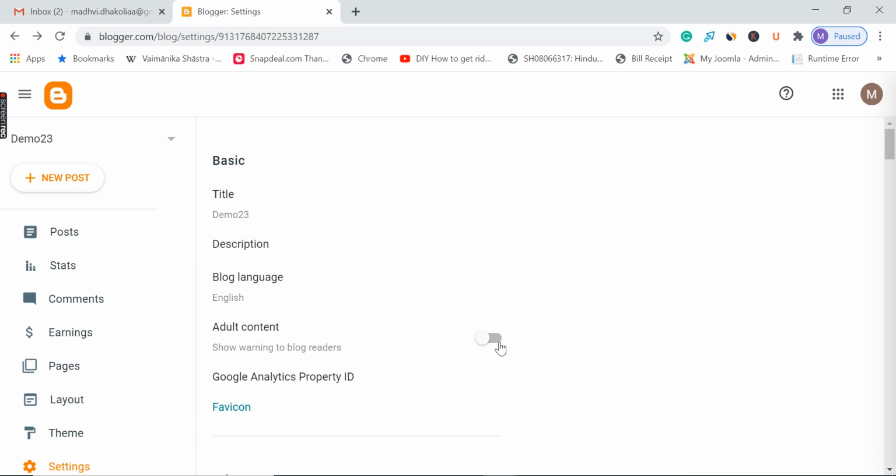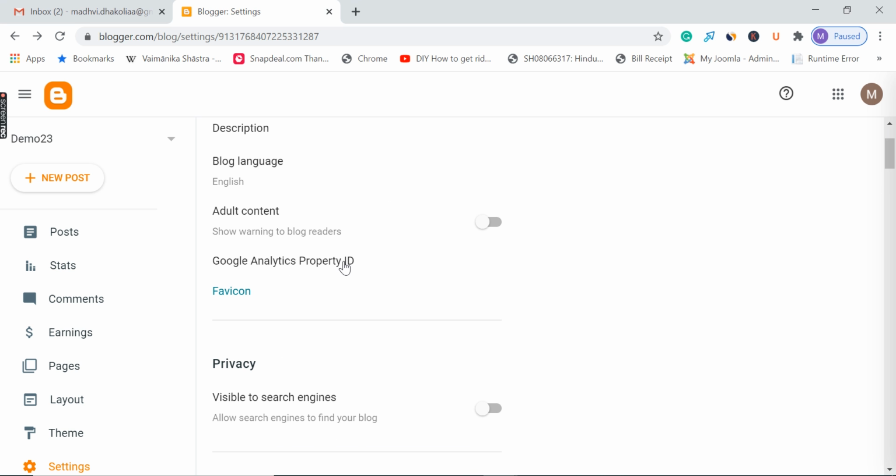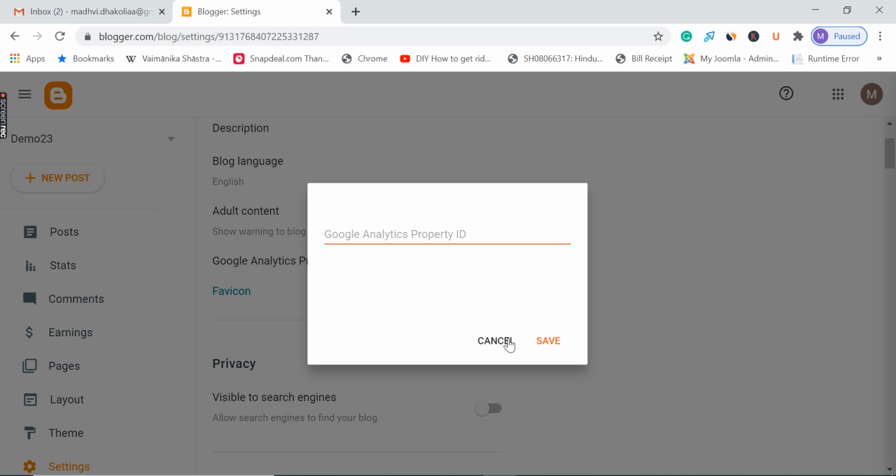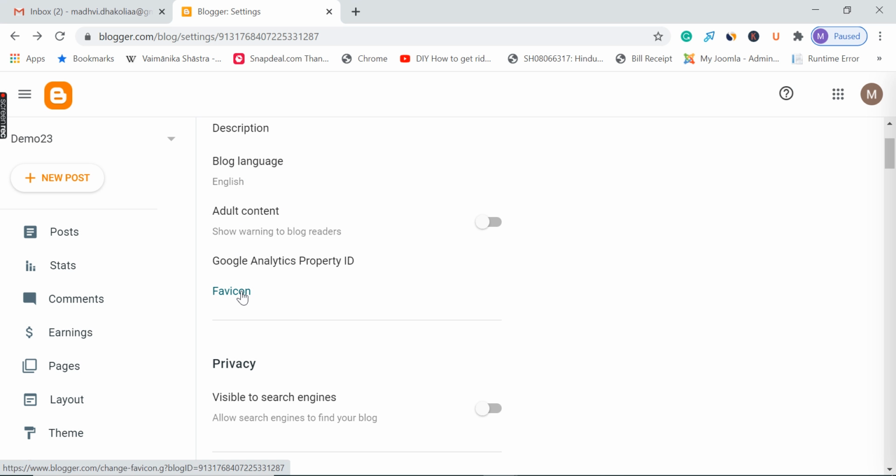If it is adult content, then you can give a warning to your readers. If you have a Google Analytics property ID, you can mention it here. Favicon is a small file which could be your alphabet, or anything.